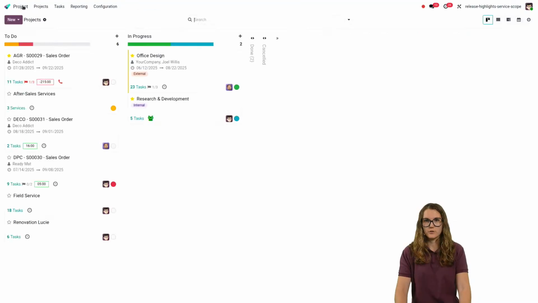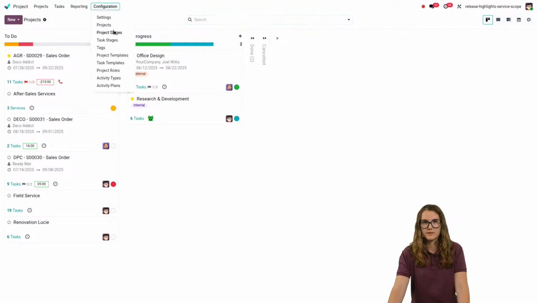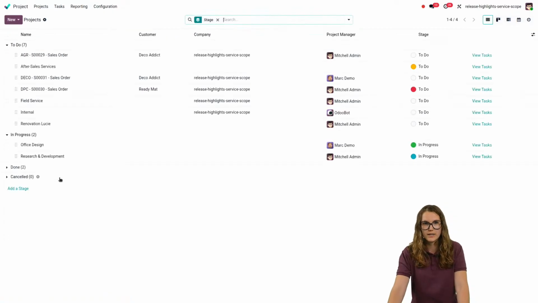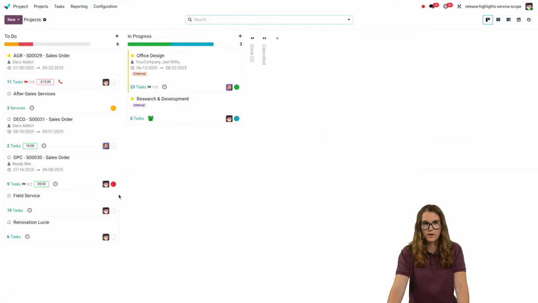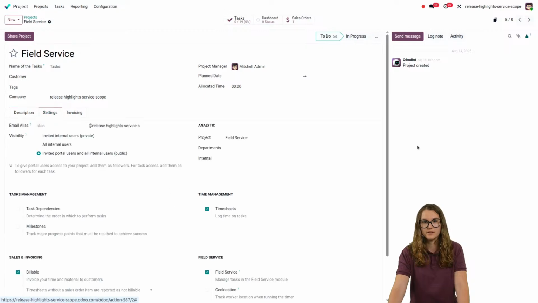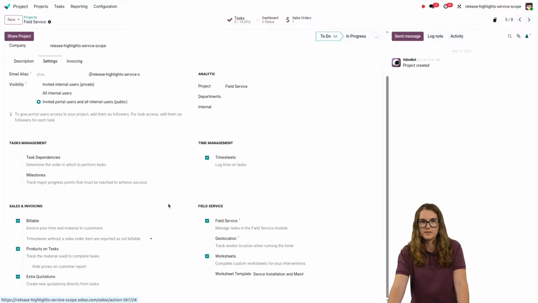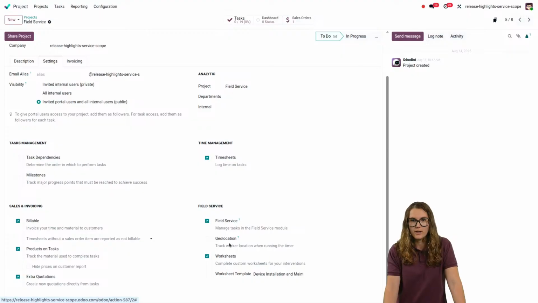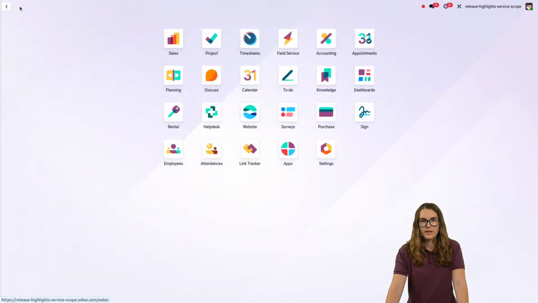First, let me show you where to activate it. I'm going to go to my different projects, and I'm going to take the field service one here, settings here. So in the settings of the project, you see that you have the geolocation feature. I'm going to activate it. Okay. And so if I go to the field service app,